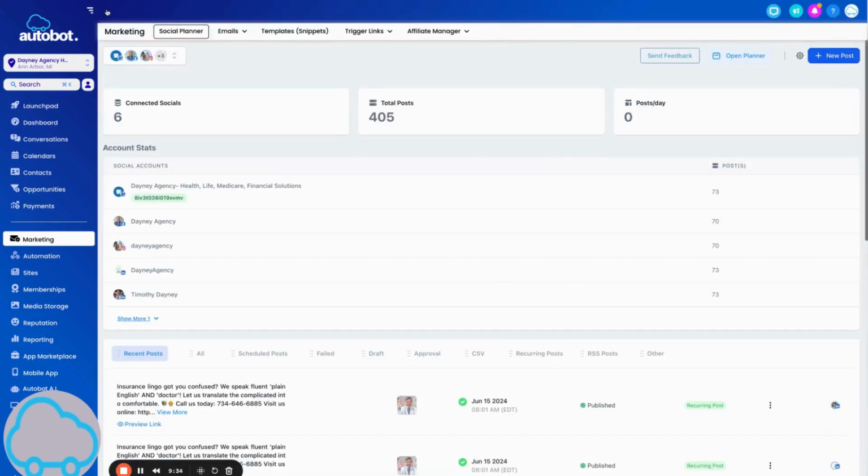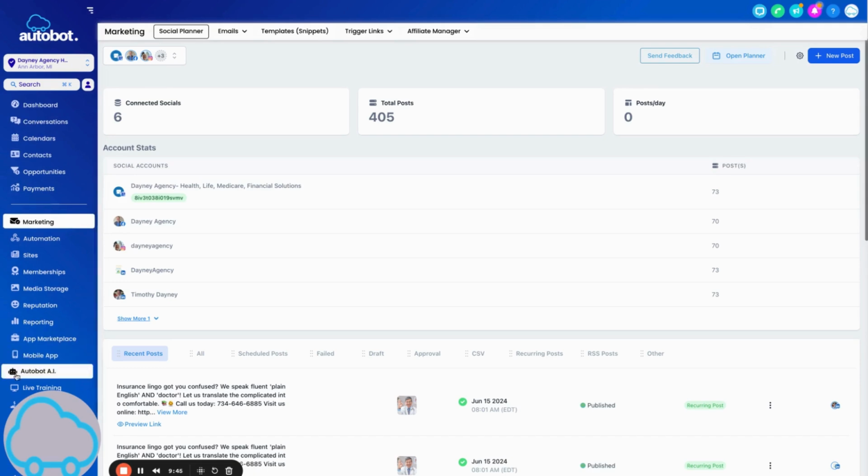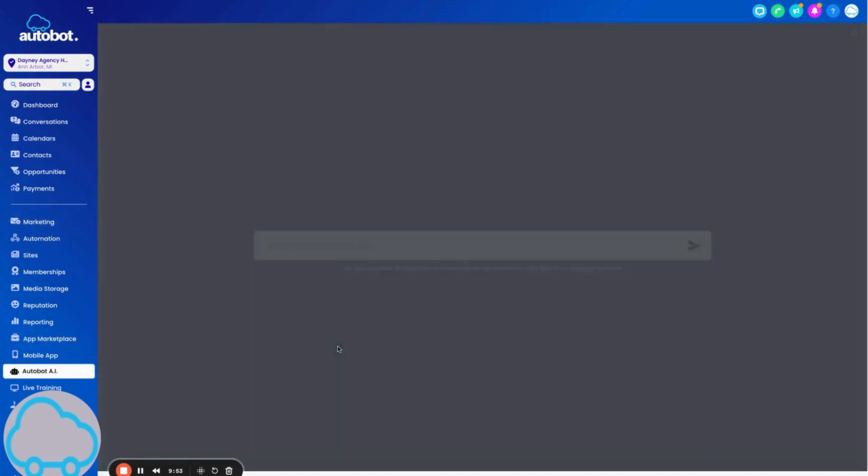Now let's go ahead and go back here. Another way to get social media posts, if you're not good at coming up with the content, but you do want to post on a regular basis, we have also something called Autobot AI. So if you don't want to use the AI in the social media section, you could come down here and